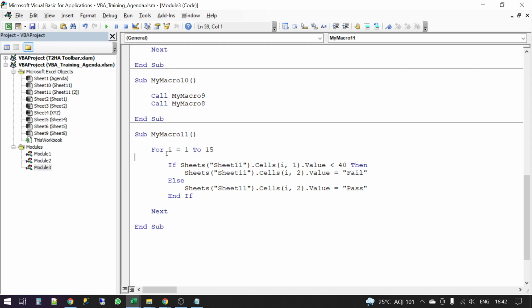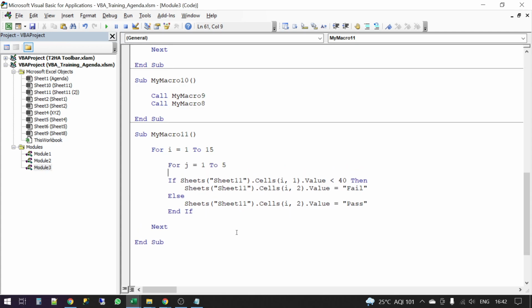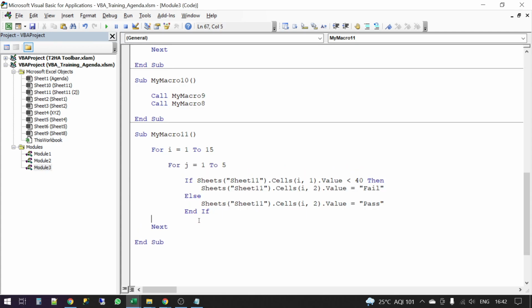So this is only working on rows 1 to 15. But if I add another line for j equals 1 to 5, I'll just tab it so that it is visible in a nice way. Again, for this for loop, this is the Next.